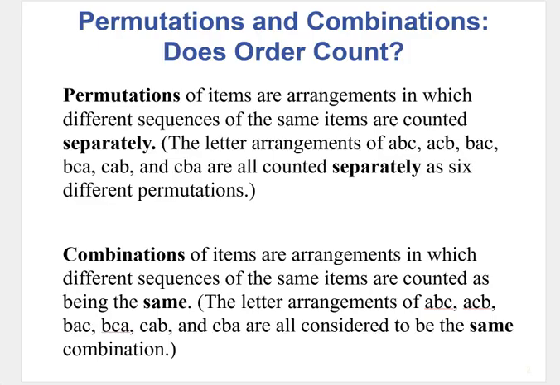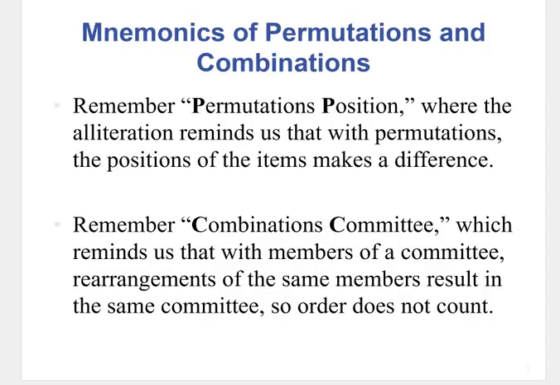Now, if you're looking at a combination, this means that the order doesn't matter. So those 6 arrangements of A, B, and C would all be considered the same thing because they all have an A, they all have a B, and they all have a C, so it doesn't matter what order they're in. The easiest way to remember the difference between these two is that permutations